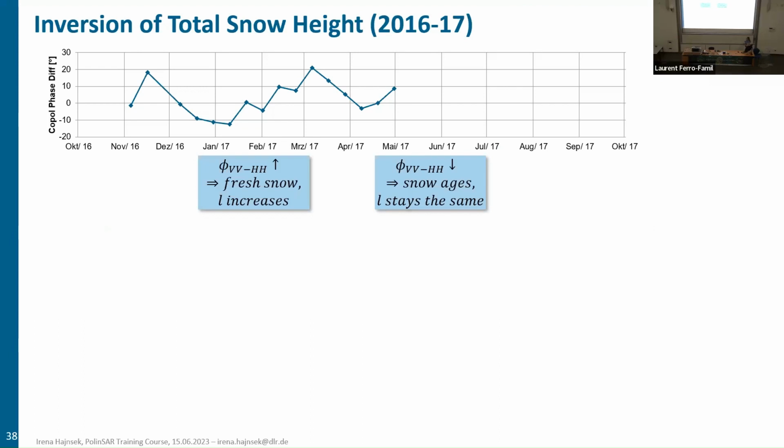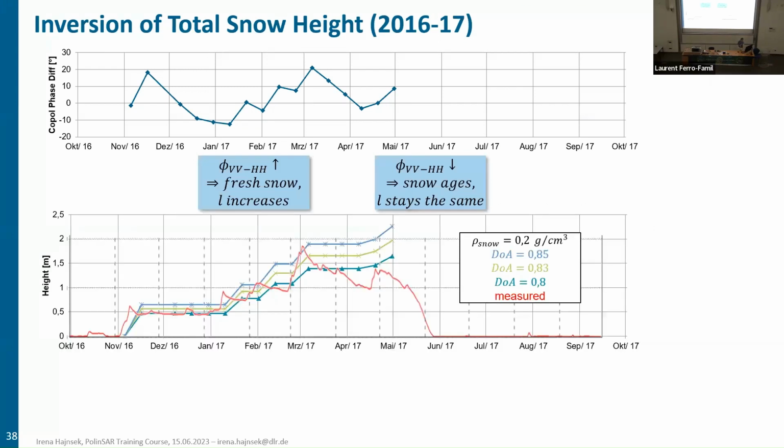And we know already that for fresh snow, we have an increase of the height. And when snow ages, then in principle the height or the phase stays the same. And this is as seen also here. So we have here again the measured one, and now the copol phase inverted into height using the model. And this is now the accumulated height that you see here. So the measured one with